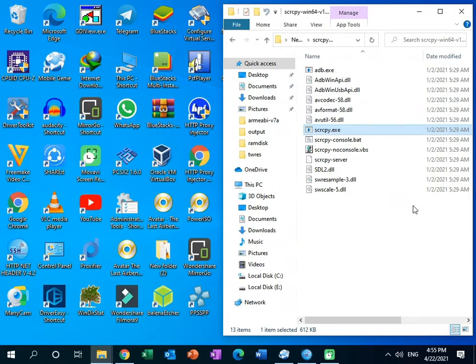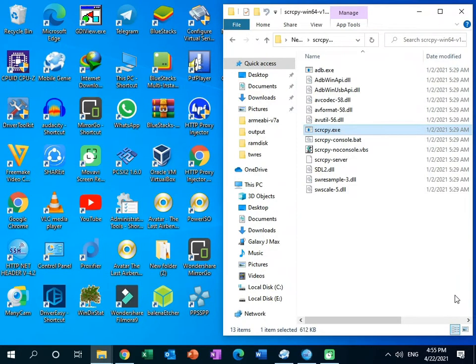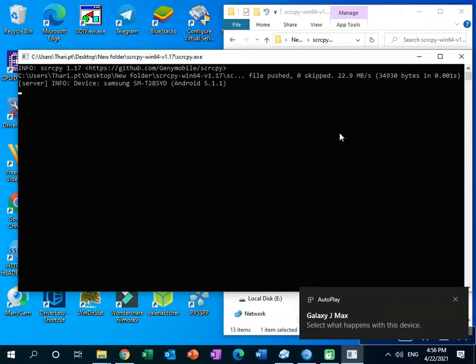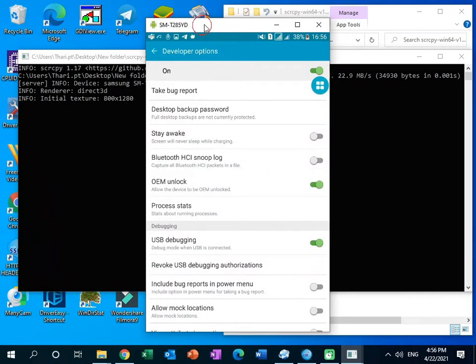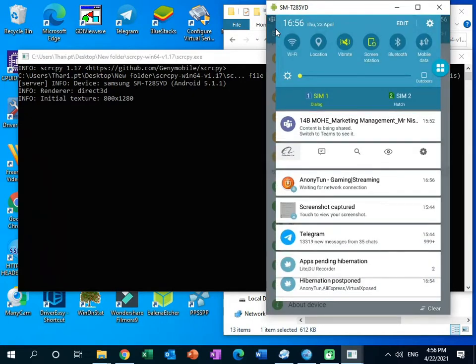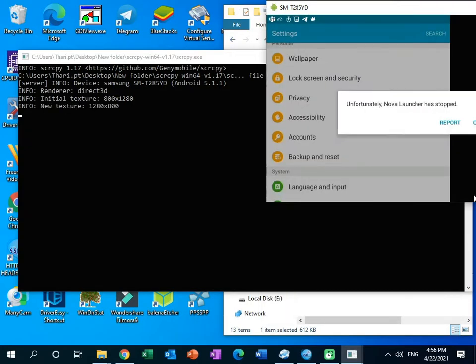You can see I have disabled the option, so my device is disconnected. So I am going to enable it once again from my phone. Then you need to allow your computer from your phone. Open it once again. Now you can see it has appeared again. Likewise, this software is totally free, and it also supports landscape mode. You can see when I turn my phone like this, it goes to landscape mode.